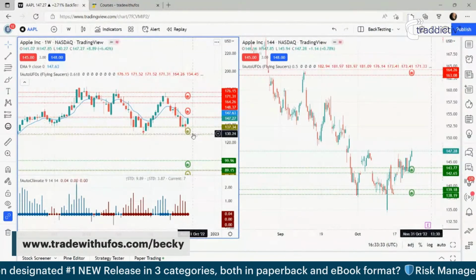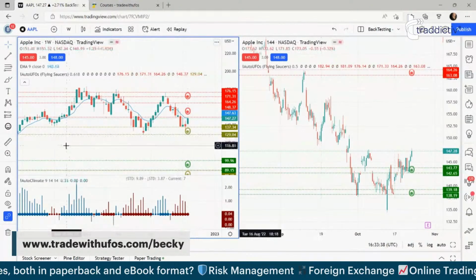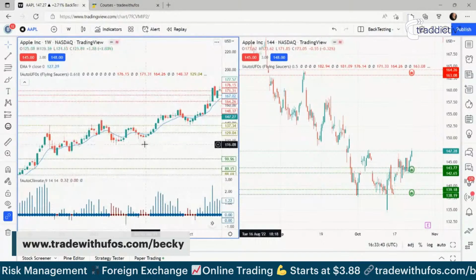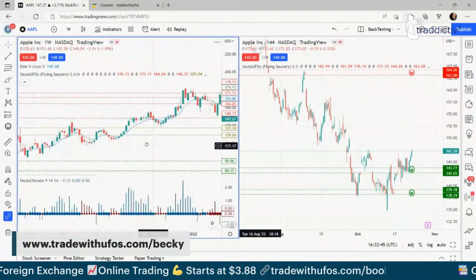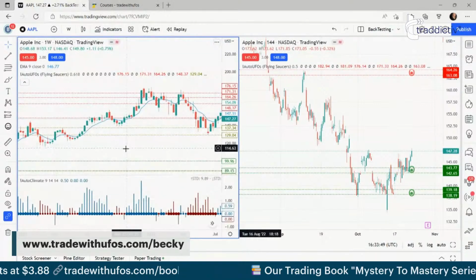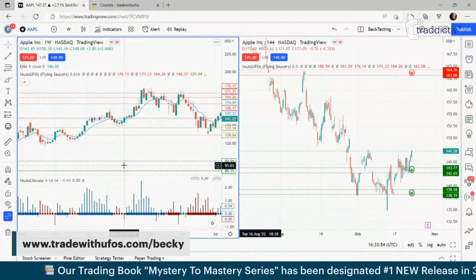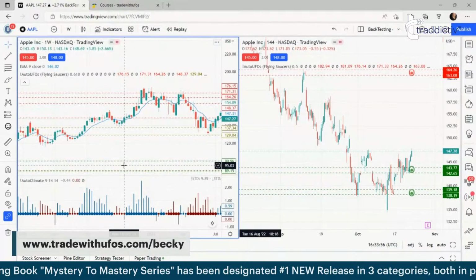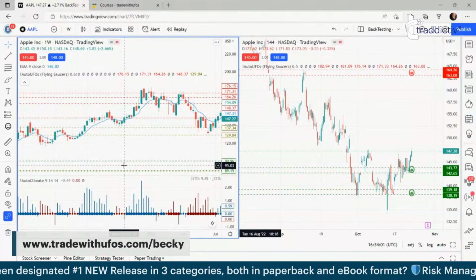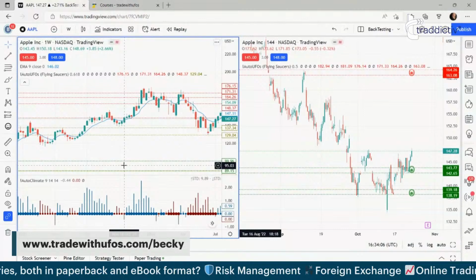So today, what date is it? 22nd of October. So we'll go back to the 22nd of October, 2021, which is actually here. Not too far back on here. So we've got the week of, remember this is a weekly chart, the week of the 18th. If it starts on the Monday, 18th, 19th, 20th, 21st, 22nd, so the 22nd of October would be a Friday in that case. So we go back to that week, the week that starts the 18th.